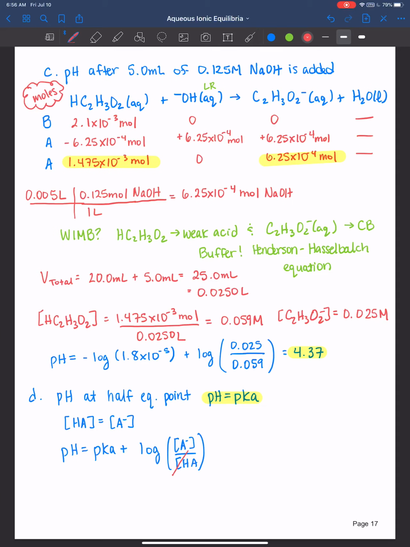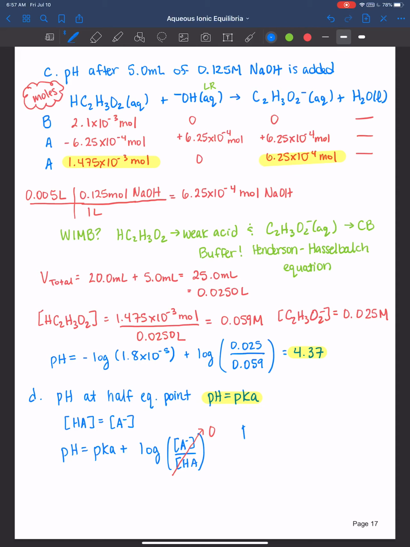the log of conjugate base over the acid, well, if they're the same concentration, that would be a log of 1, which is 0. And so that is why the pH at 1/2 the equivalence point is equal to the pKa, because the concentration of the weak acid and its conjugate base are equal. A log of 1 is 0. So that's where we get that derivation from. Okay? So therefore,